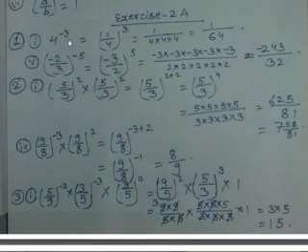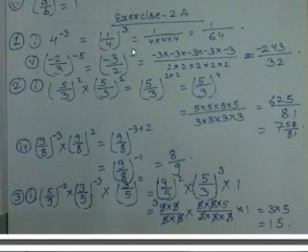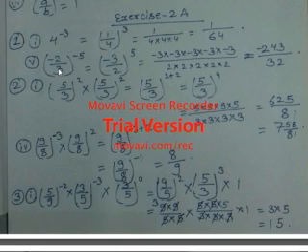As you can see over here, 4 raised to the power minus 3 is there. So when we make this minus 3 positive, it becomes 1 by 4 raised to the power 3. In the same way it becomes 1 by 4 into 4 into 4, so it becomes 1 by 64. And the first and last numbers I had made for you. I hope you can make the middle one, or in the next online class we will discuss it if there is any problem in 2a. And I would like to solve other questions also if there are doubts.